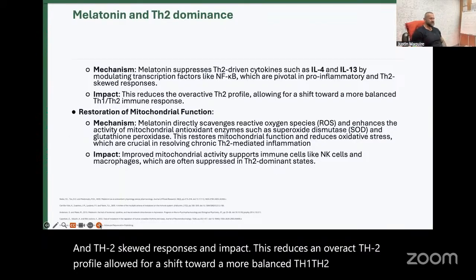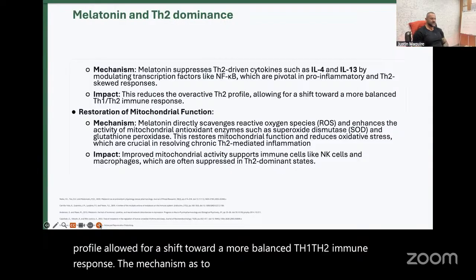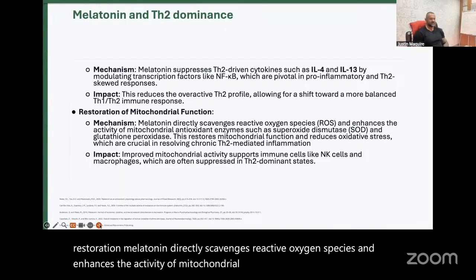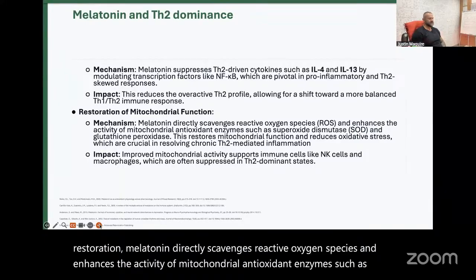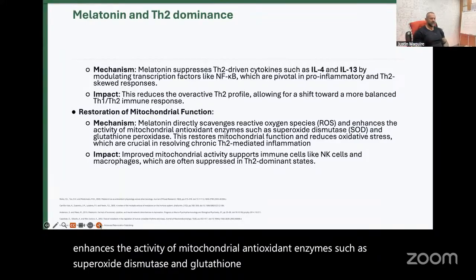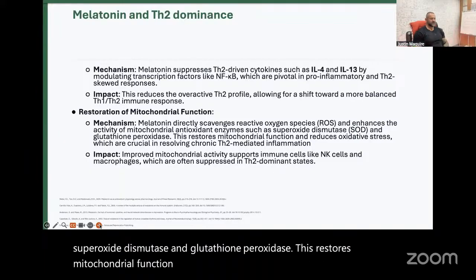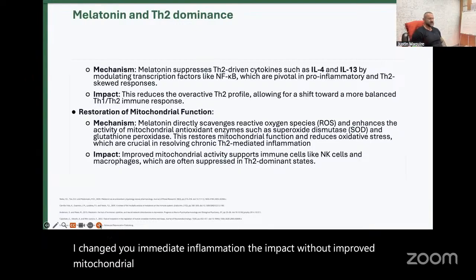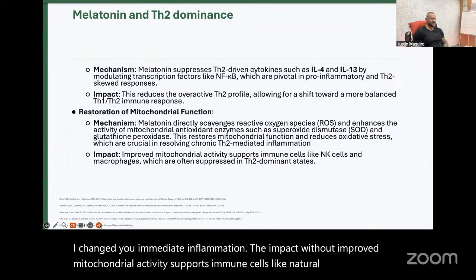The mechanism as to how it does so is mitochondrial restoration: melatonin directly scavenges reactive oxygen species and enhances the activity of mitochondrial antioxidant enzymes such as superoxide dismutase and glutathione peroxidase. This restores mitochondrial function and reduces oxidative stress, which are crucial in resolving chronic Th2-mediated inflammation. The impact of that improved mitochondrial activity supports immune cells like natural killer cells and macrophages, which are often suppressed